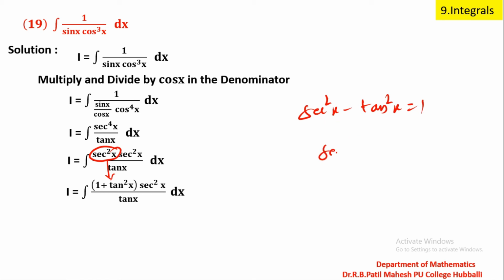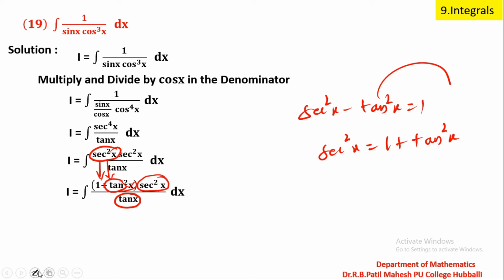Here I want to replace secant square x. So secant square x is equal to, taking this to the right hand side, 1 plus tan square x. The reason why I am writing it is that there are two secant square x actually. I am writing the first one as 1 plus tan square x. Now you start thinking, what happens if I take t equal to tan x? Here also tan x is there, here also tan x is there. Do you have its derivative? The derivative of tan x? Yes, easily we can have, that is secant square x.